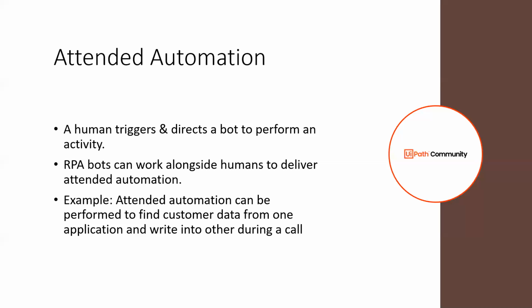It won't automatically predict what I want to see or which products data I want. So what it will do is basically it will tell me that please enter the product name that you want the data for. So once I type the product name, it will perform the automation, maybe get the data from an Excel file, maybe get the data from a SQL database or something like that. It will get the data for me and it will display the data maybe in some other way to me. So that is also an example of attended automation.